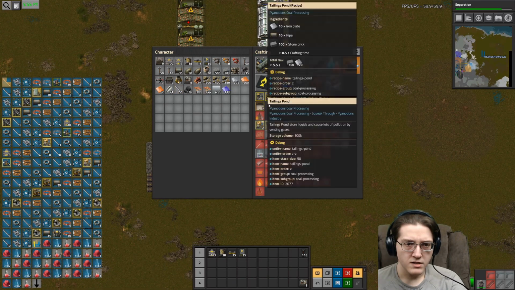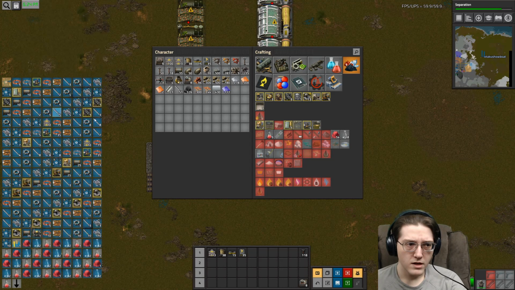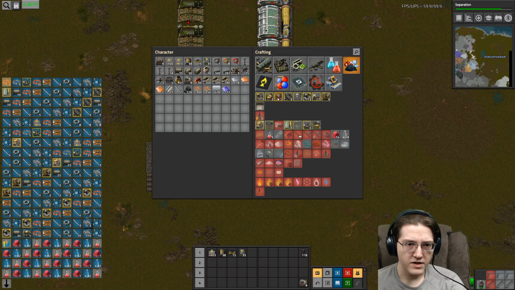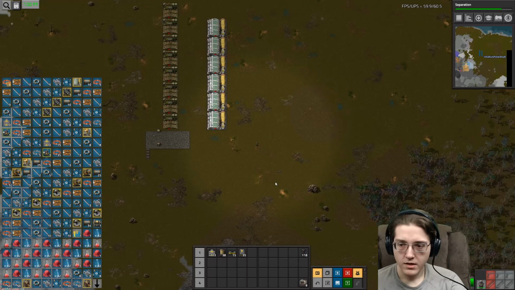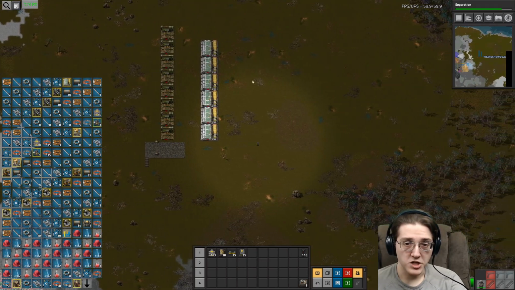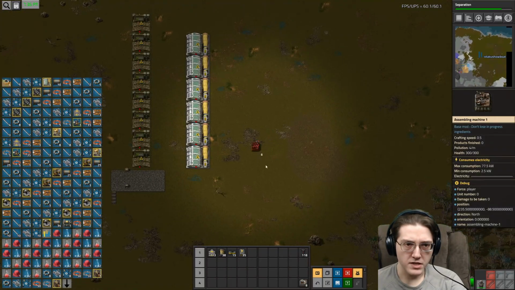Have I not made wood processing units, or are they in the list? I think they're in the list. Are they? Wood processing units? I don't have any wood processing units in the list. There, go, do your thing. So, yeah, this is the general idea for the bus. Going to have the wood processing units in...